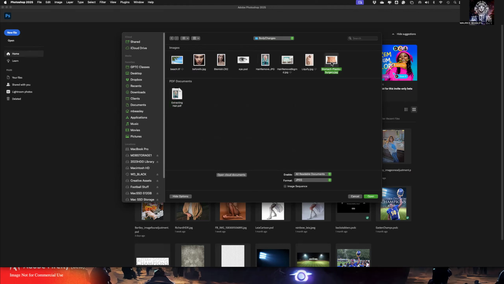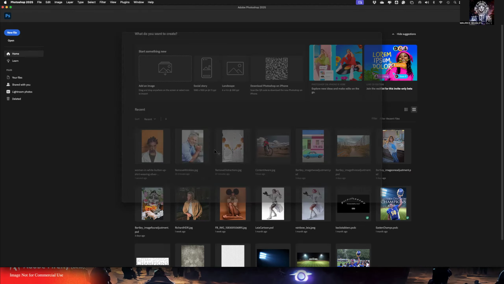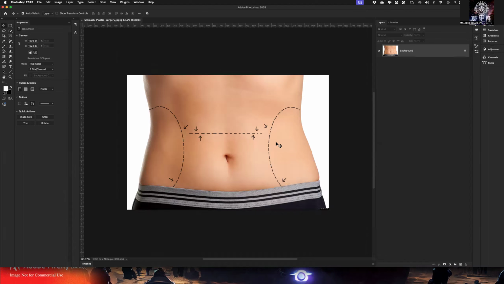This one is going to be using the liquefy tool in a sensible way, and then we're going to go to this other file here called liquefy, which uses the same liquefy filter in a sensible way to try to reduce or fix or adjust someone's body. So here's the scenario that we're going to run through. When you open this picture up,